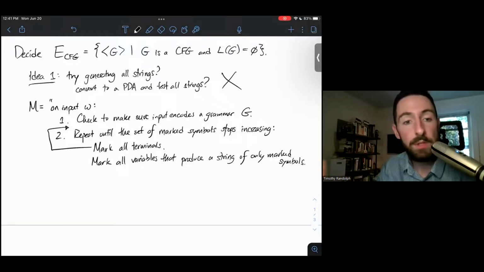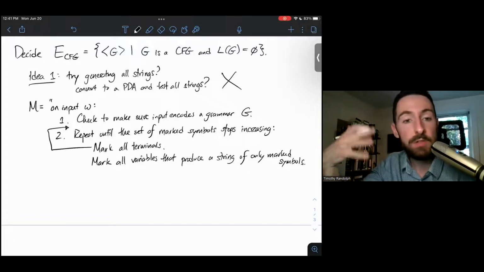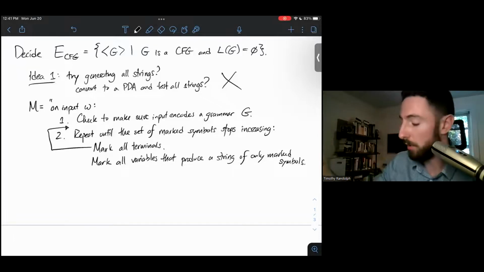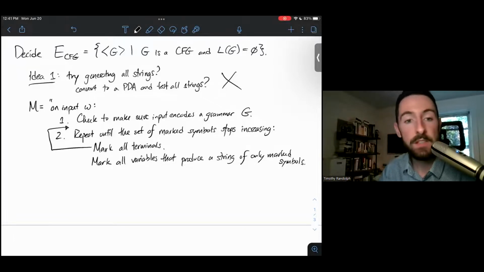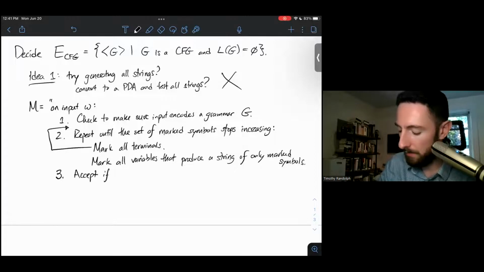So what that'll do is it'll build us up from the bottom. It'll start with all the terminals, then it'll add any variables that produce strings of terminals, then any variables that produce strings of terminals and marked variables, and so on and so forth. And we'll repeat this until the marked set stops increasing. In other words, we've marked every variable that can turn into terminals. Finally, we'll accept if and only if the start variable is